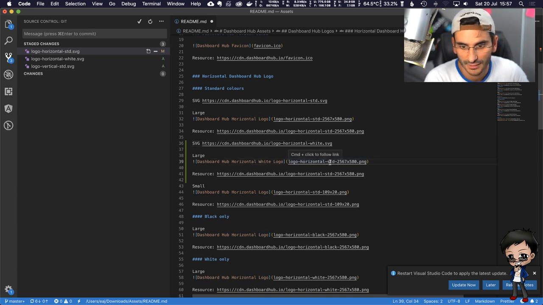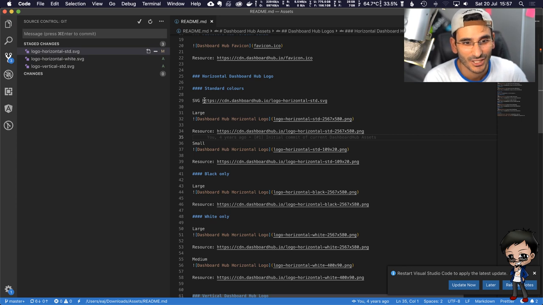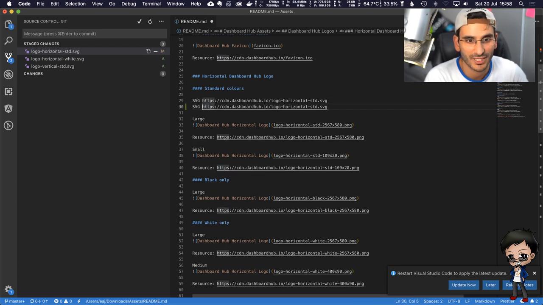And then, oh, am I changing the right one? I am changing the right one. You can see the green bar on the left, so you can see kind of what you're changing. And let's have a look. So it's not a PNG. I should probably put it just under the SVG. Let me undo that. Let me skip that. Right. See, we all make mistakes. I'm just going to put it straight under here because I just realized that the SVG, I'll put that as white and I'll put that as standard. And then here in the white one, I will just go white.